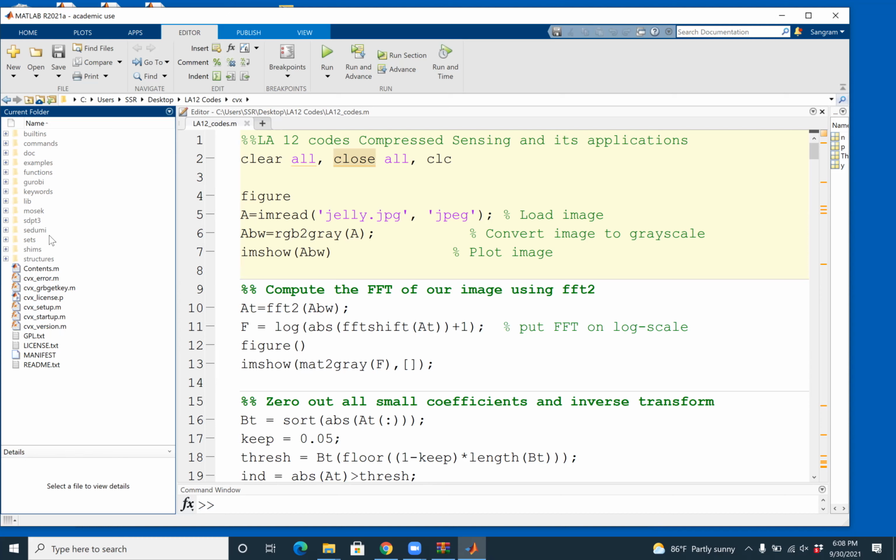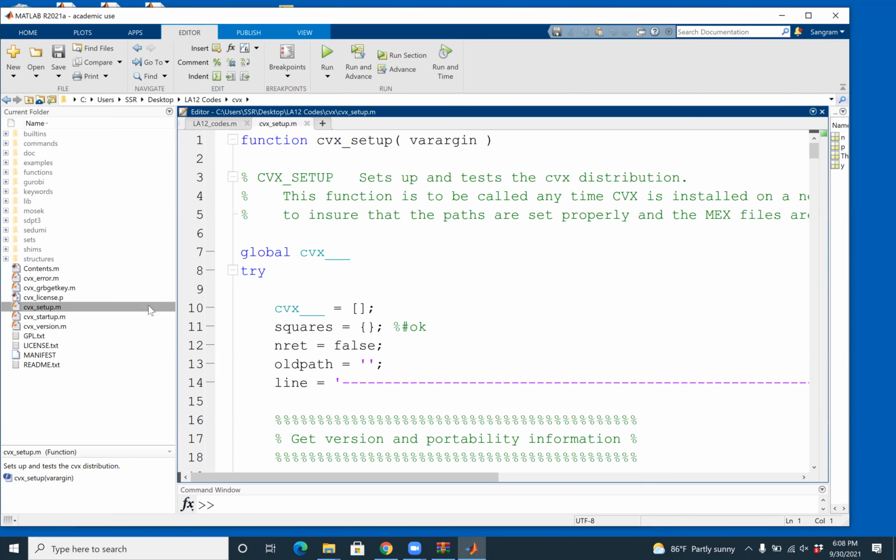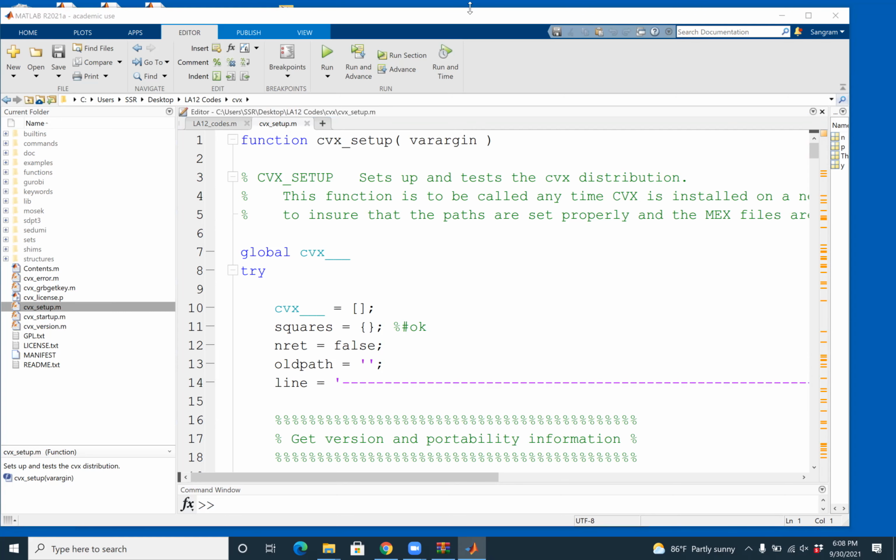But for that, you need to first and foremost click on CVX setup. If you don't have the CVX library installed, this will install it.